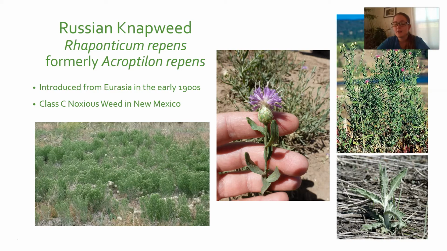That is because out of the 3 knapweed species currently on the New Mexico noxious weed list, Russian knapweed is the most widely distributed throughout the western states. And due to this wide distribution and perennial biology, which we'll go into a little more detail in a minute, Russian knapweed is listed as a Class C noxious weed species on the New Mexico noxious